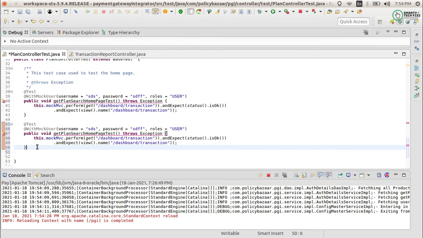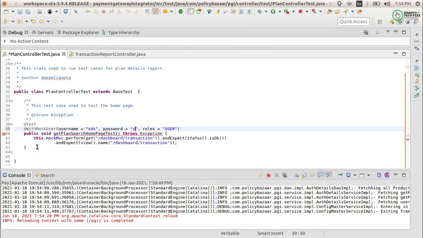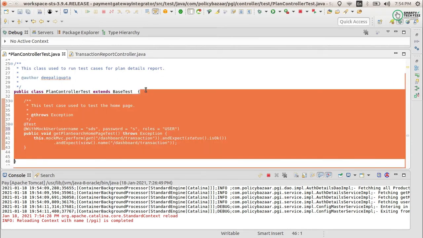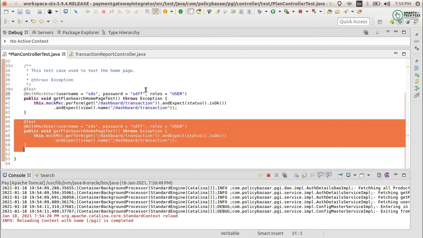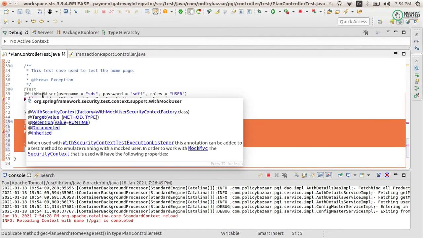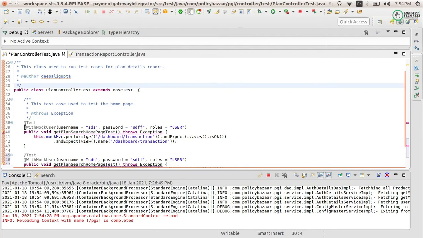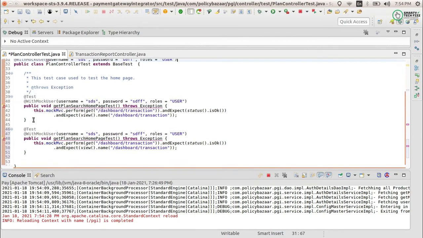No. If you want to provide the mock user to every test case present in this class, then you have to provide the mock user at the class level. Okay, you can provide the mock user at the class level.